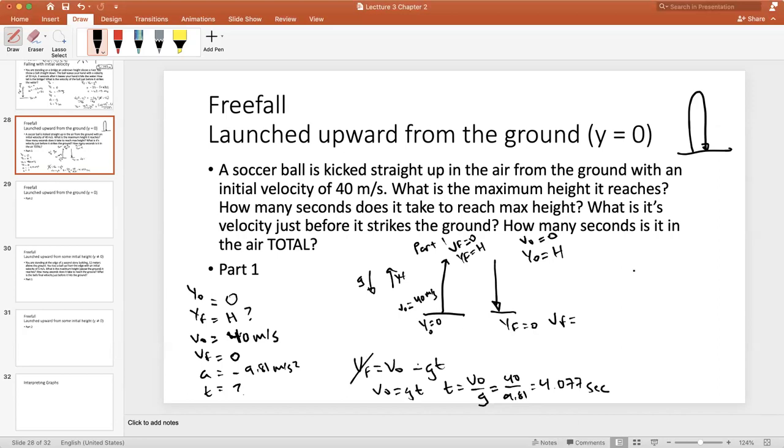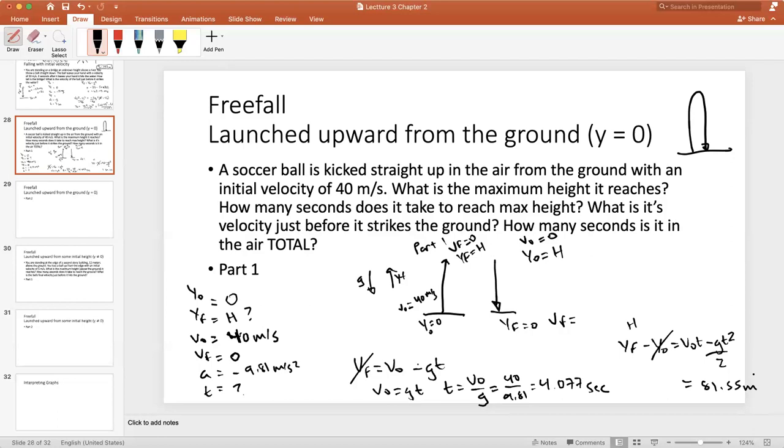How high did it go now? Now that I know the time, I can do y final minus y initial is v naught t minus gt squared over 2, with y initial being 0 and y final being h. If I plug these numbers in, so 4.077 times 40 minus 9.81 times 0.5 times 4.077 times 4.077, I get 81.55 meters,